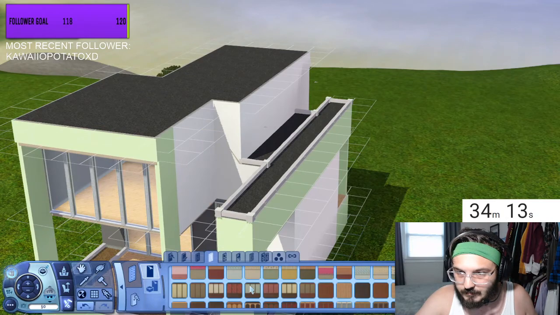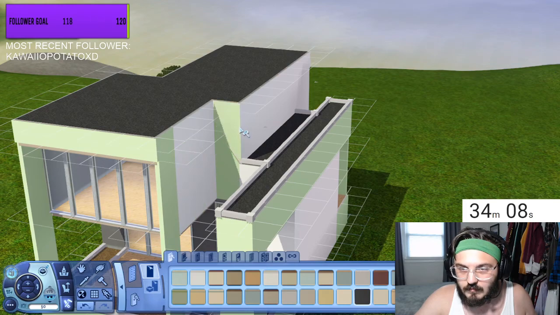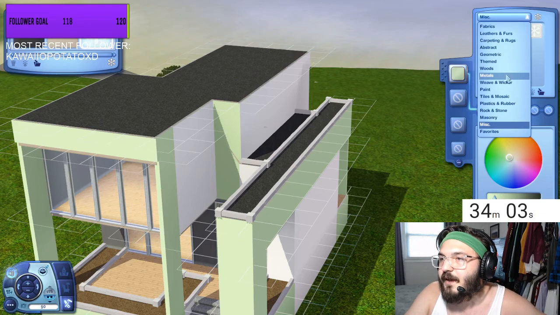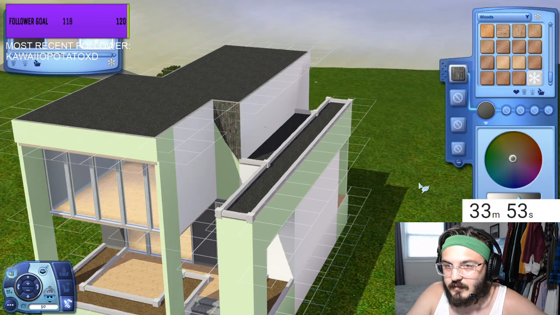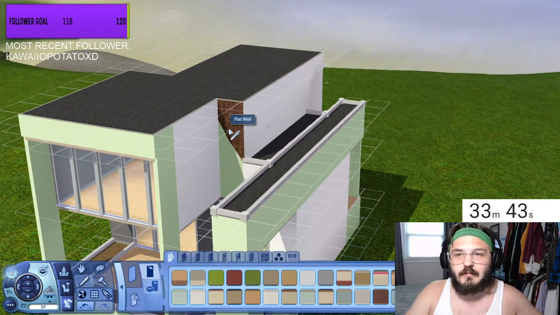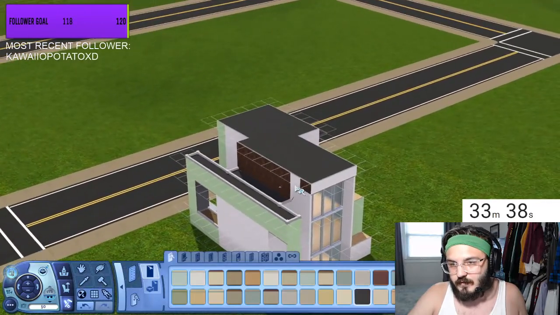Let's see. Texture this. I have to do a vertical wood in this instance. Oh yay! Thank you, Tom. Because you know, like in the Twilight movie, I think they have that one house that has the dark wood and the white. Like that's the quintessential ultra modern thing these days. So this should help